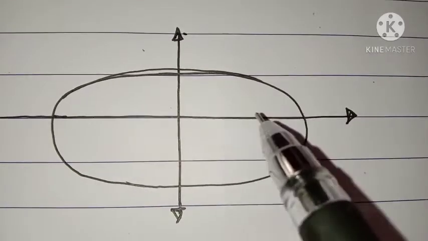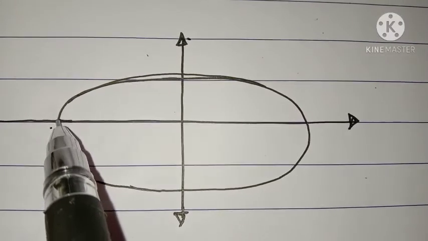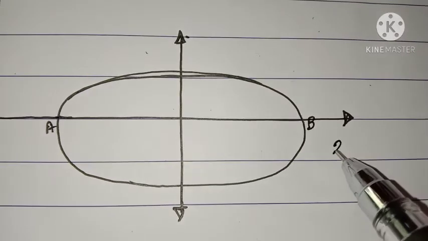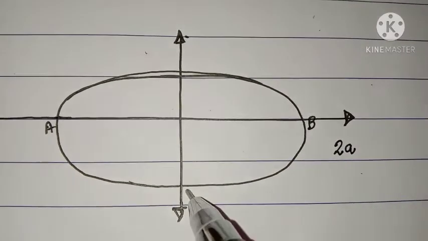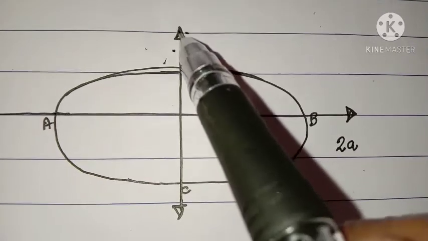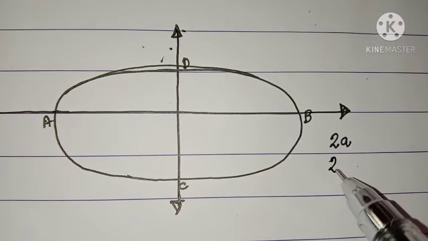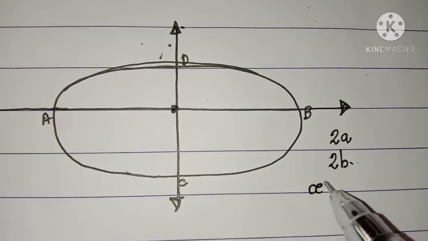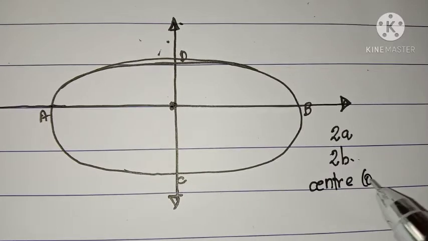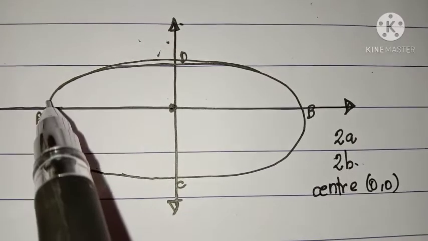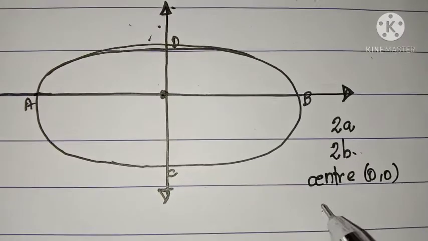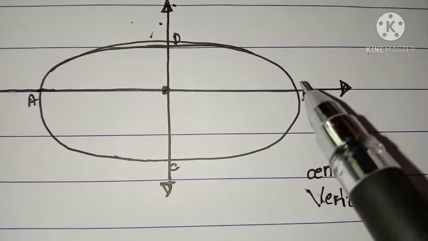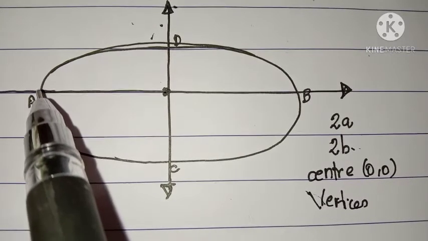So look at the figure. This is the major axis, AB is the major axis and the major axis length is 2A. CD is the minor axis, it is along the y-axis. The minor axis length is 2B, and this point is the origin known as the center. The center is 0, 0. Then A and B are called vertices, and the coordinates of the vertices are